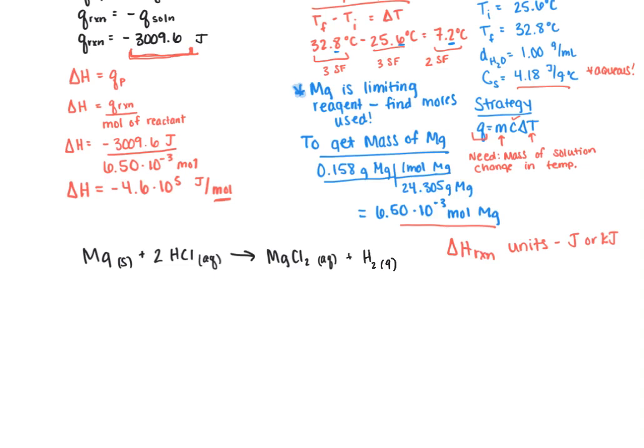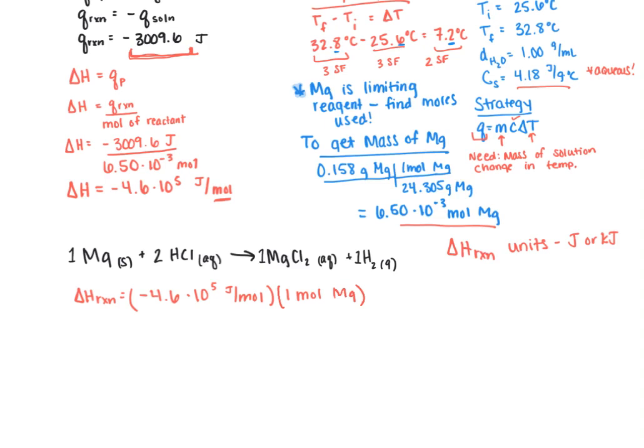So now we have to multiply by our molar ratios. Remember, when we don't have a number there, it's just 1. Since magnesium is our limiting reagent, we're going to use the molar ratio of magnesium. So for delta H of reaction, we get negative 4.6 times 10 to the 5th joules per mole times 1 mole of magnesium, and again this comes from the molar ratio in the equation,